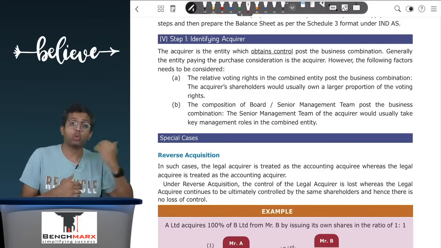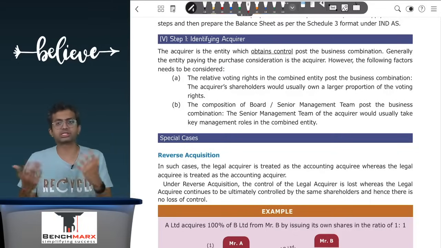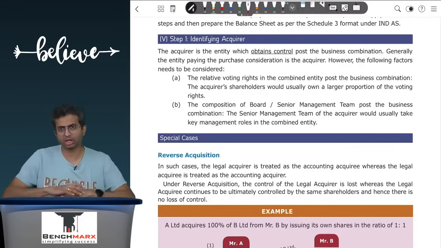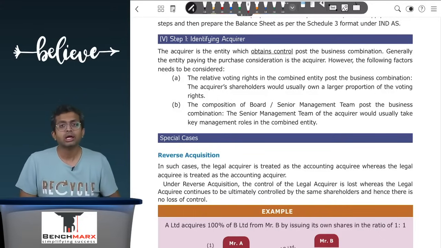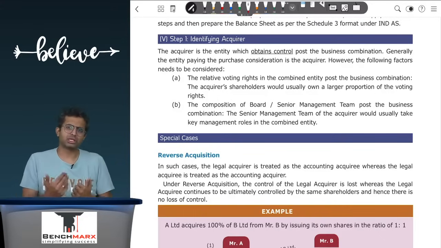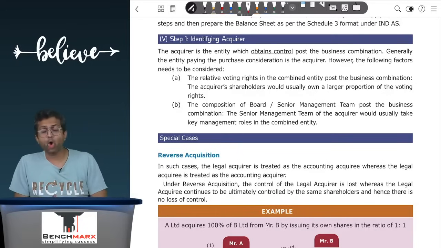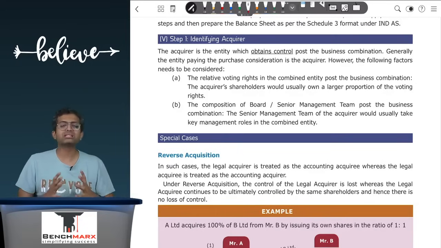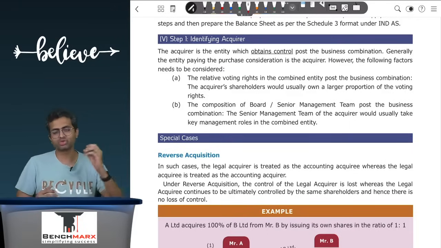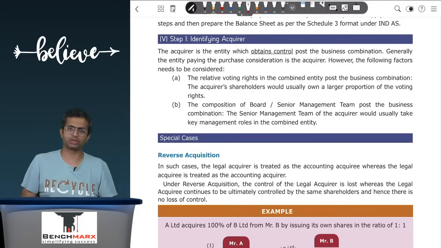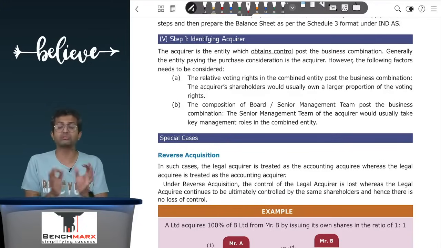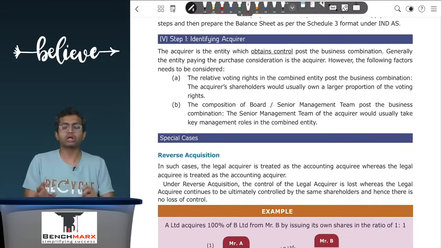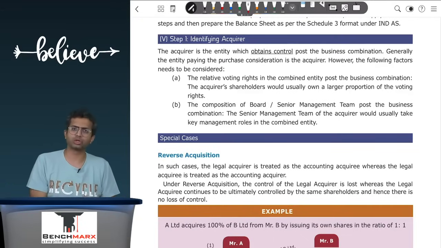In which case, Vodafone, let us say, is considered to be the acquirer in such a case. This can also be evidenced, let us say, by representation on the board or senior management. Who is representing the board or the senior management is considered to be the acquirer. Various things have to be seen. Typically, a larger company acquires a smaller company. Various other things have to be seen. Basically, the person who acquires control in the post-combination entity is considered to be the acquirer.